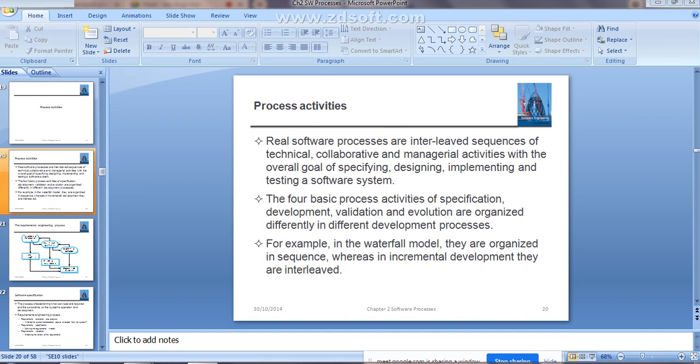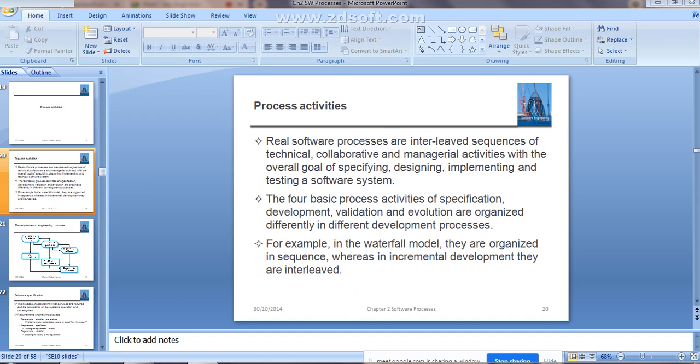They are not going to use the same sequence for developing all kinds of software processes. They may use it in a different manner. Yes, they are going to organize these activities differently to develop different kinds of software processes.